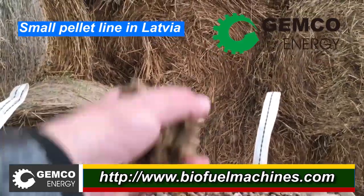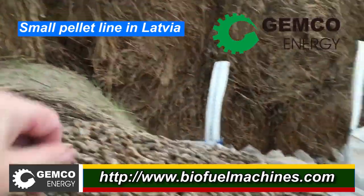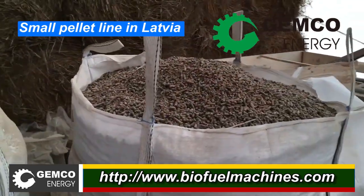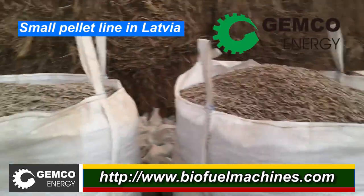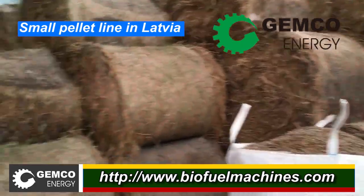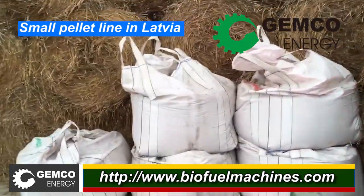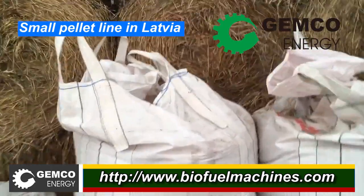So this stuff here burns very well. Vitaly is happy. So we've got some stock here for heating pellets. We still have lots of straw in the tent. And now I started to experiment with my second idea, converting